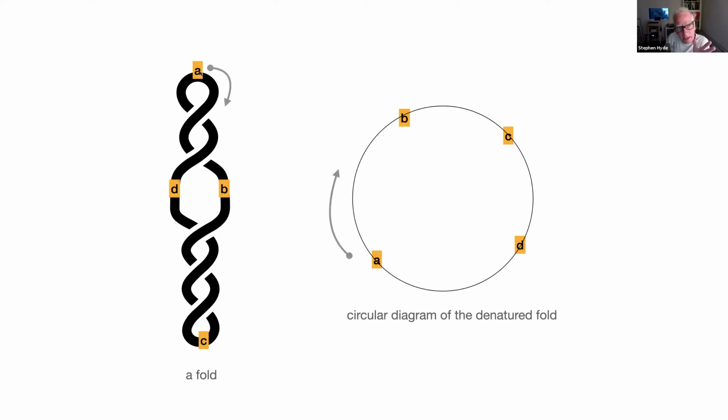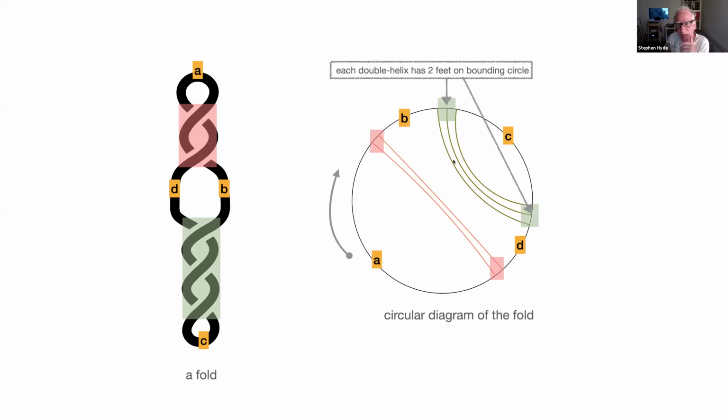Let's start at A, and we just walk around this strand. So we start at A, we go through a duplex, then we come out at B, then we go through a larger duplex, come out at C, go back through the same larger duplex, D, then back through the smaller duplex and back to A. So A, B, C, D, A, that cyclic walk is characterized by this diagram,